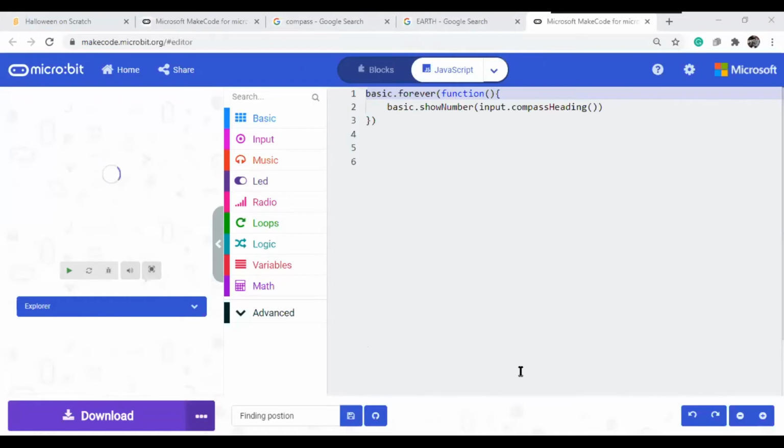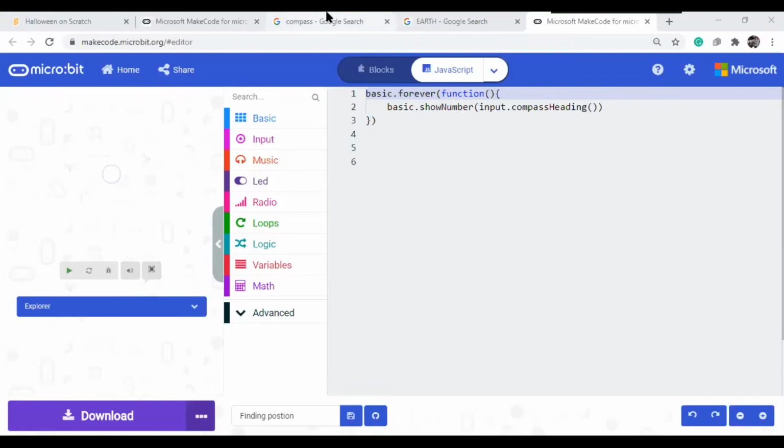So what we can do is, instead of that, display letters. Suppose it is north, it will show N. If it is south, it should show S. If it is east, it should show E. If it is west, it should show W. So like that we need to make it.